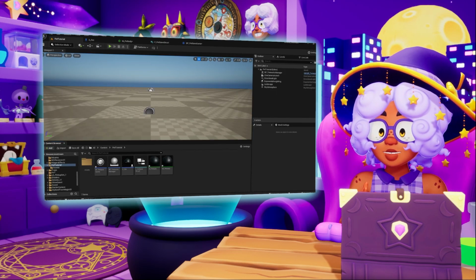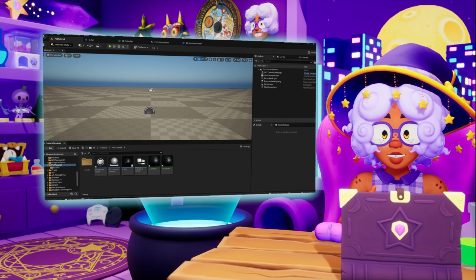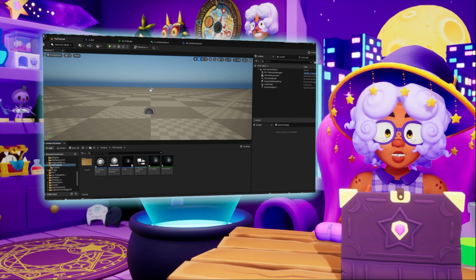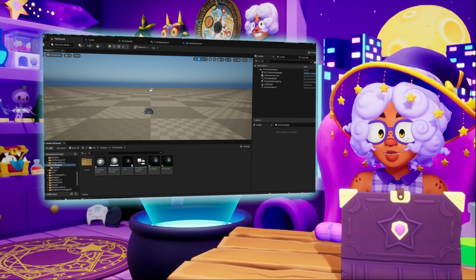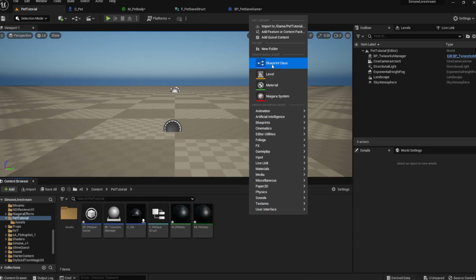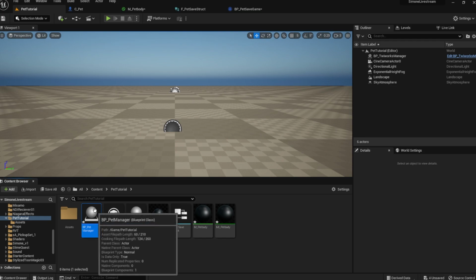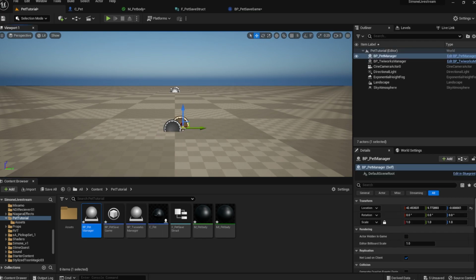Next, we need to make an actor that manages all the pets in the scene and applies the user's actions in chat to the appropriate pet that belongs to them. So go back to your content browser and create a new blueprint class. Make it an actor and name it something like Pet Manager. Drag that onto your map, just like your Twyworks manager. This is going to keep track of the pets in the scene and call functions from them. We're also going to have it manage our saving and loading, so pets will retain their info between streams.